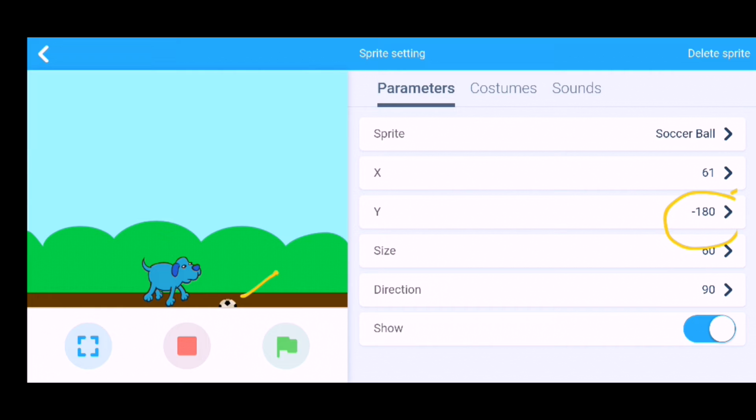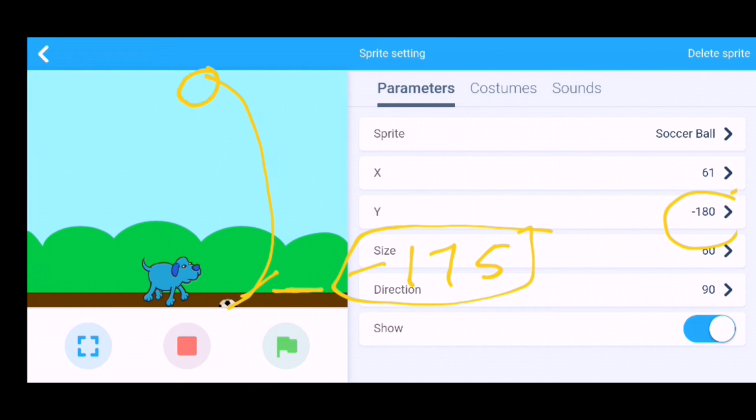Let's say when the ball reaches this position, that is minus 175, then it will again start to come back to the sky and fall down. And when it reaches minus 175 again, it starts falling from that position again.